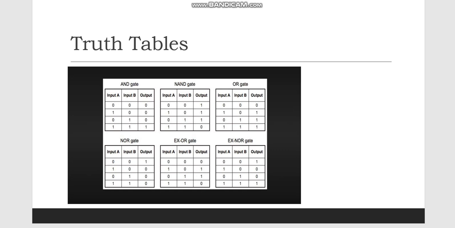The output of this gate is 1 only if both inputs are equal to 1 or both inputs are equal to 0. A more fitting name for the exclusive OR function would be an odd function, that is, its output is 1 if an odd number of inputs are 1. Thus, in a 3-input exclusive OR odd function, the output is 1 if only one input is 1 or if all the 3 inputs are 1. The exclusive OR and the exclusive NOR gates are commonly available with 2 inputs and only seldom are they found with 3 or more inputs.